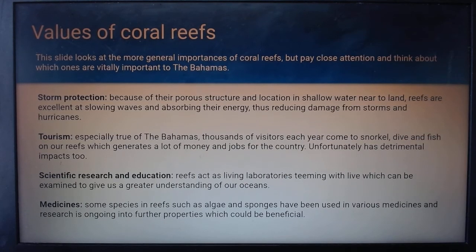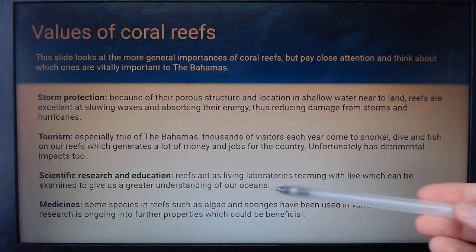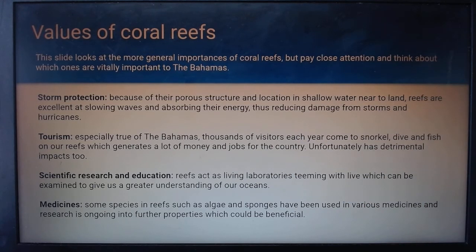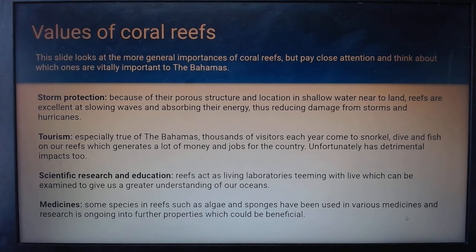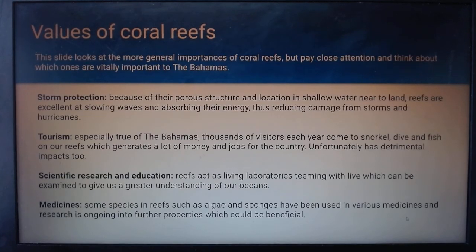Scientific research and education. Reefs also act as a living laboratory, with lots of different life and all sorts of things going on that we can examine. Scientists all over the world visit reefs to try and find out more about them and more about marine biology and marine life and everything like that. And finally, medicines. Some species in reefs, such as algae and sponges, have been used for various medicines, and there's constant research going on to find further benefits. So you need to know the values of coral reefs, especially our biodiversity. There'll be one more video